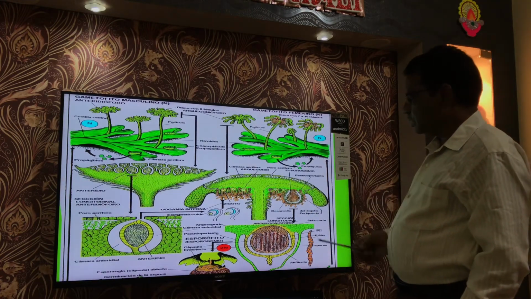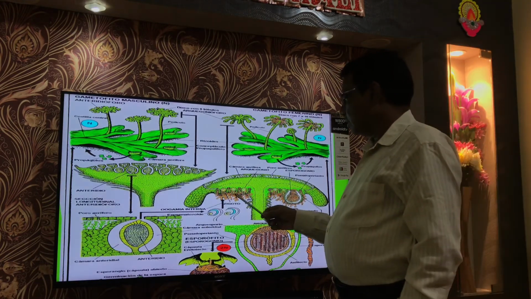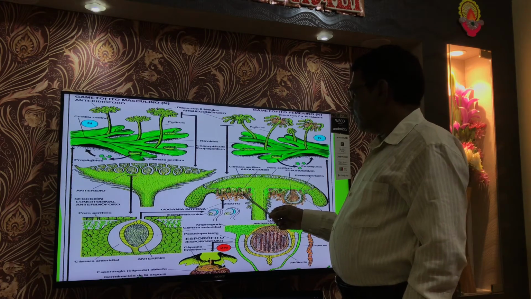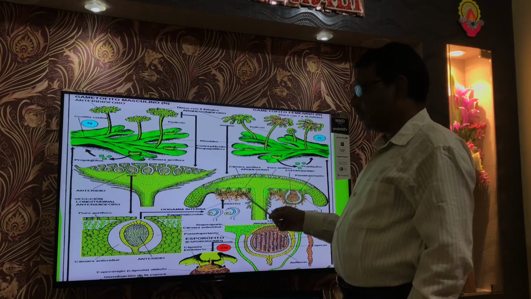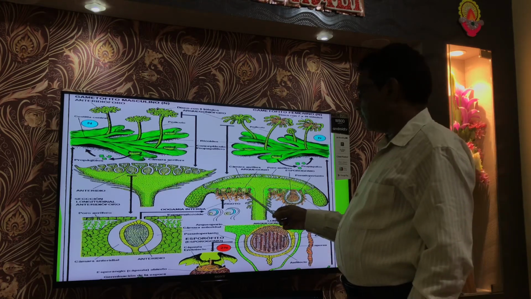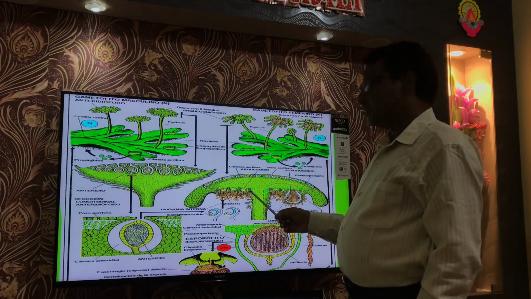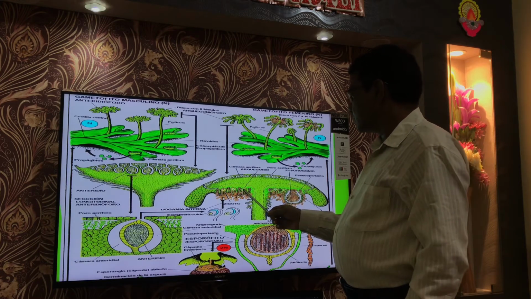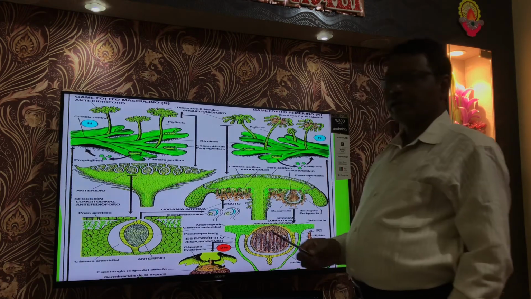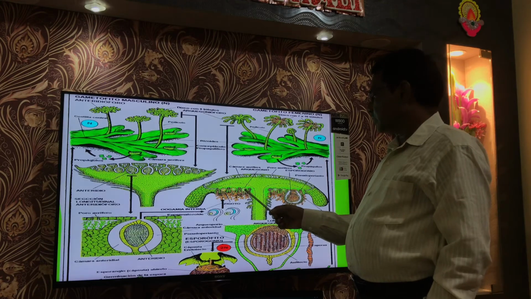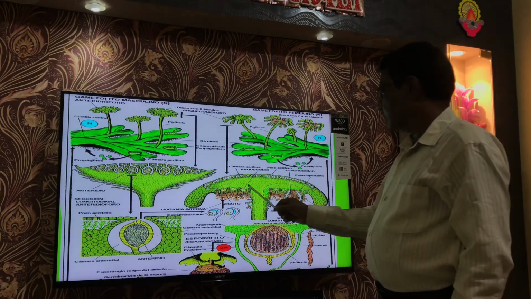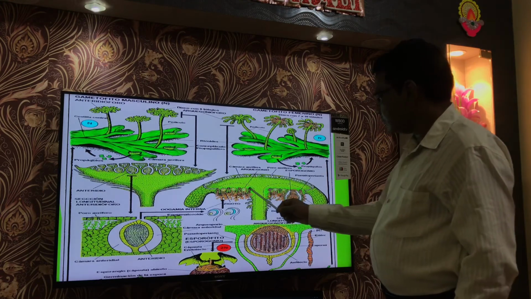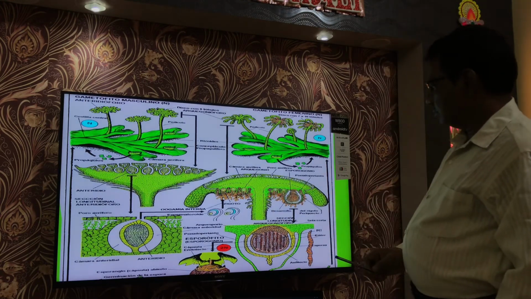But towards maturity, the lid cells degenerate or separate from each other. Neck canal cells degenerate, forming a passage for the entry of sperm, and there is a degeneration of the ventral canal cell and the presence of a single egg here in this ventral portion of the